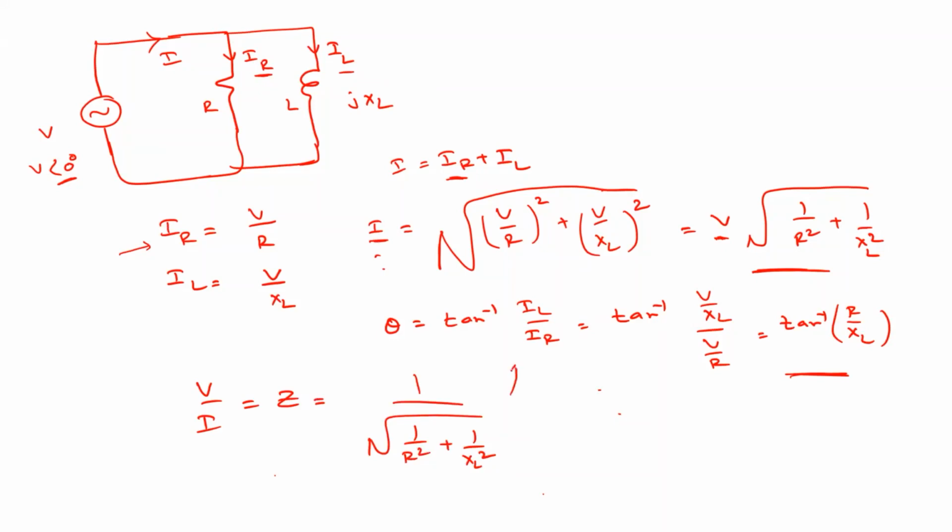And its corresponding phase angle is this. In other words, this is the Z value, and this theta value is tan inverse. Its magnitude is this value divided by R, so that means Z divided by R. This is the value of Z. The rest is not required actually, so don't get confused.